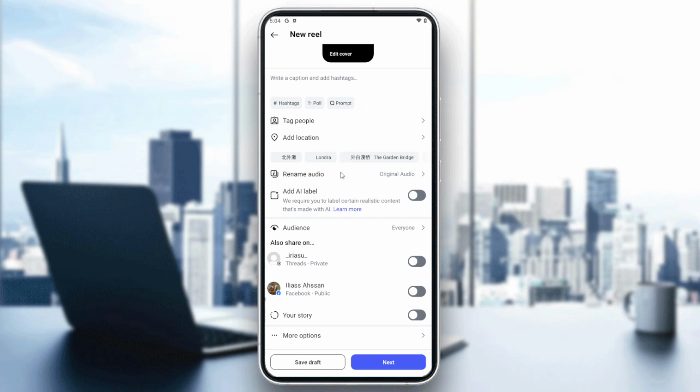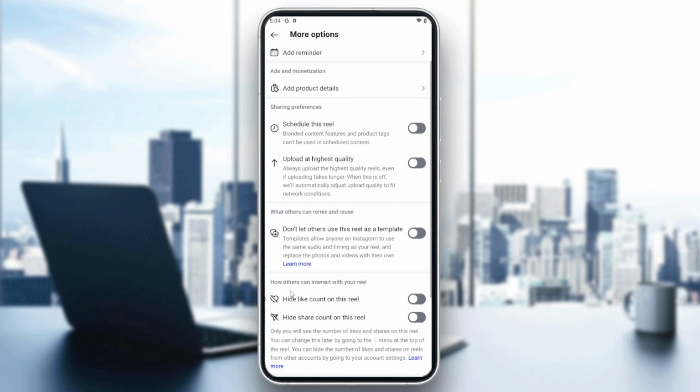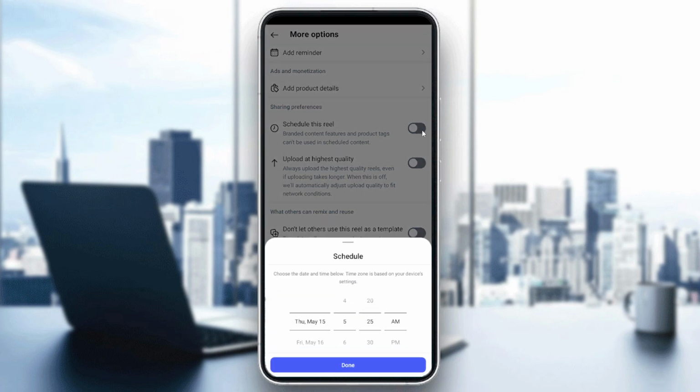your own posts. So here we will find more options. As you can see, there is this sharing preferences, and from here you will be able to schedule this reel. And here you will need to click on schedule, or you will need just to turn this on. You choose the day or the date where you want to schedule or to have this post posted, and then